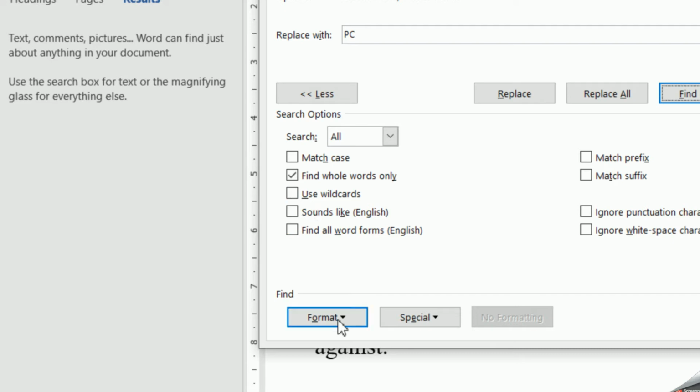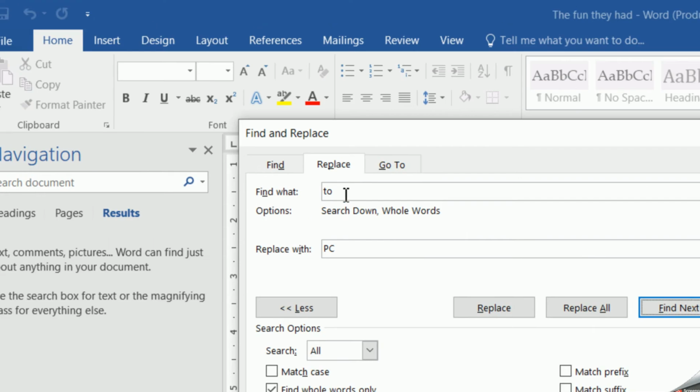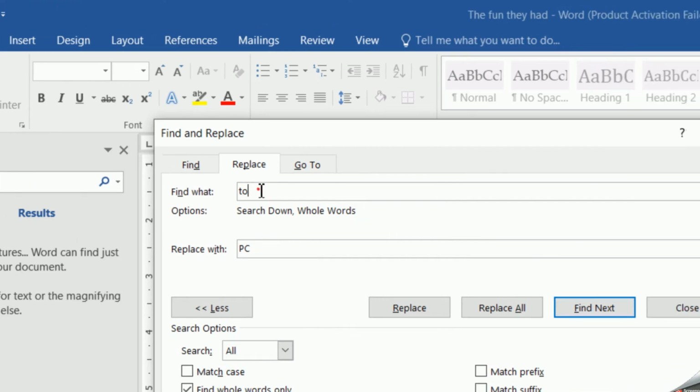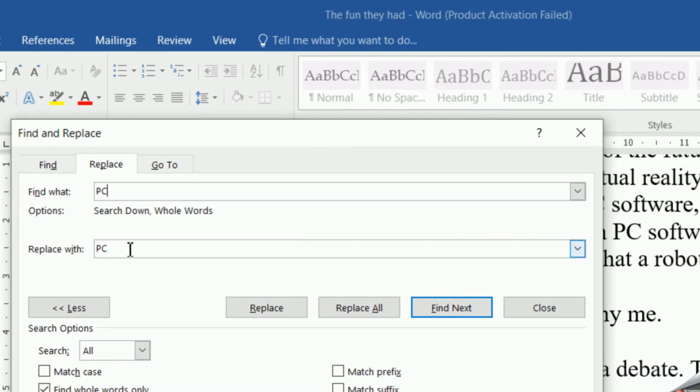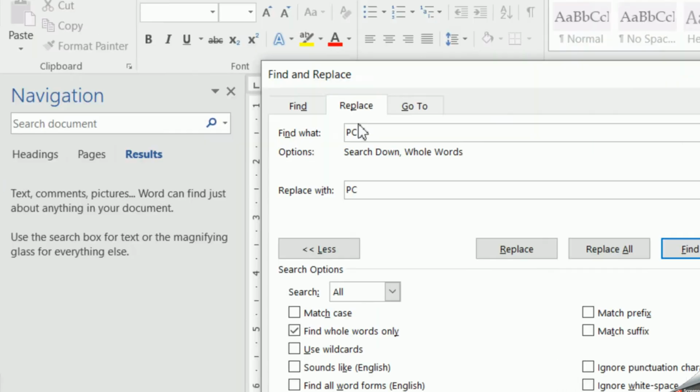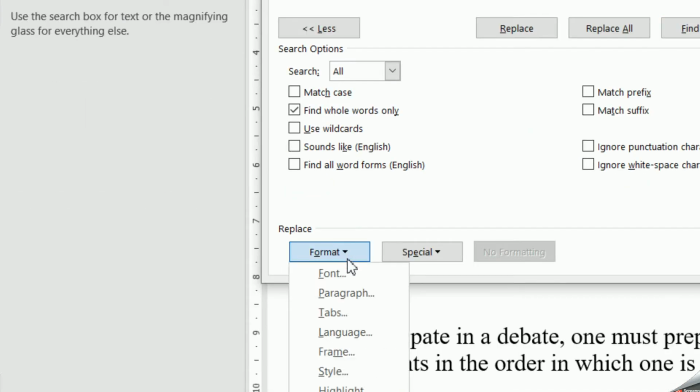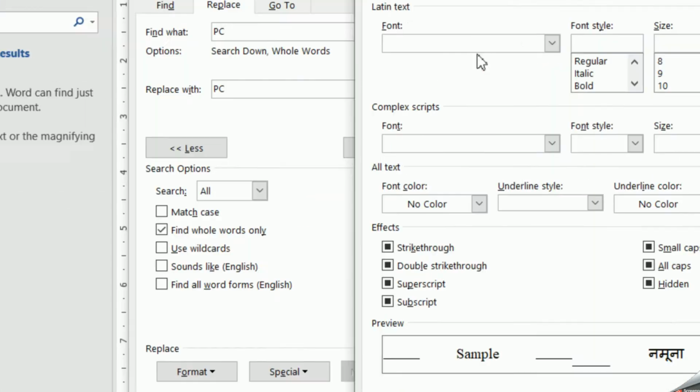There is one very important utility I'll tell you, that is Format. Suppose I want to look for a particular word PC and I want to provide it a particular format. So I will place my cursor in Replace With and go to Format, Font option.